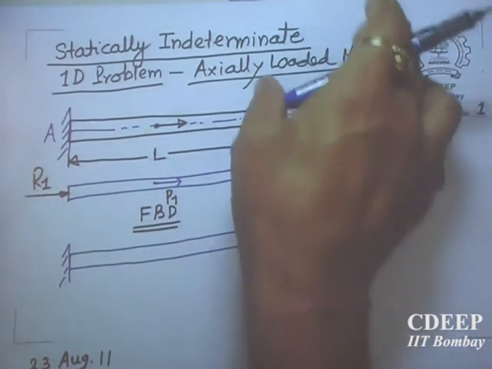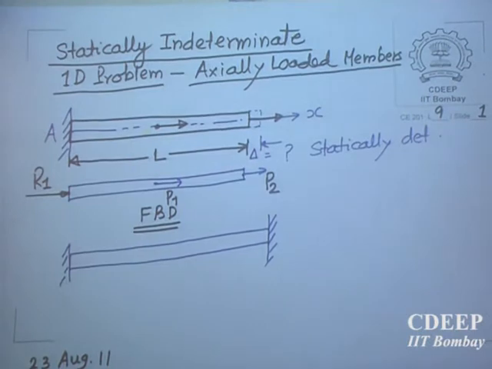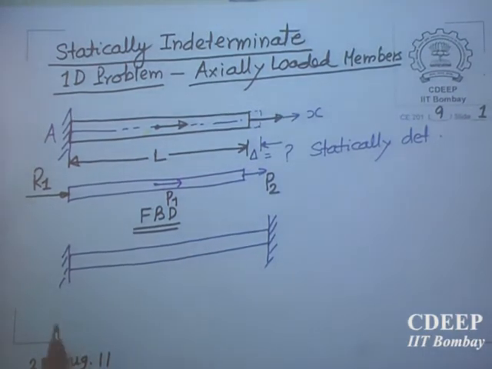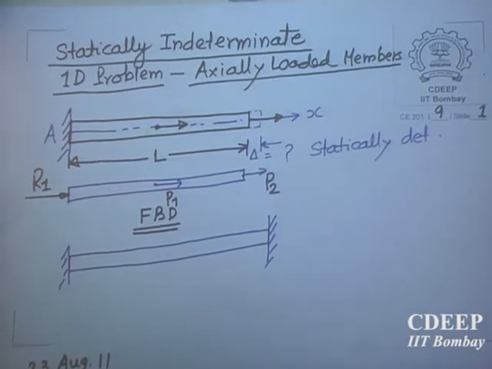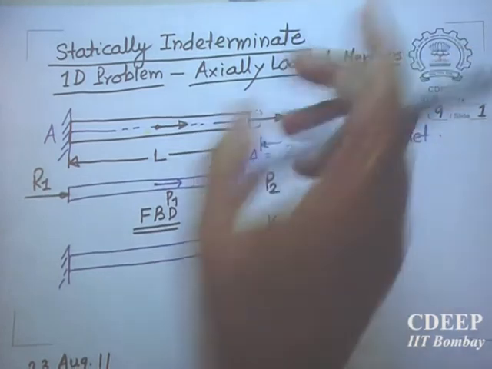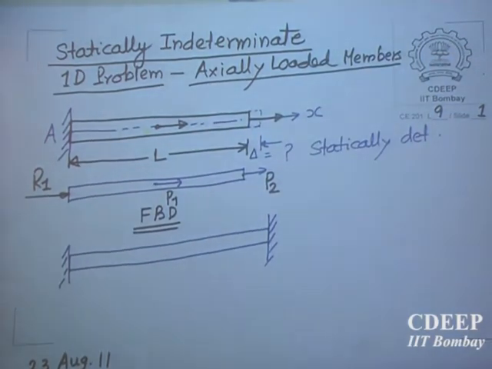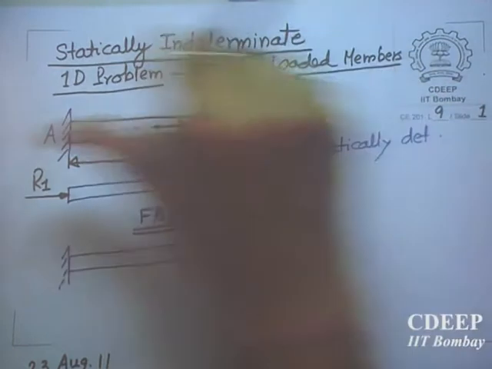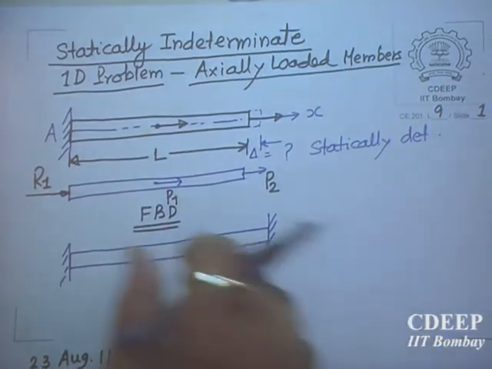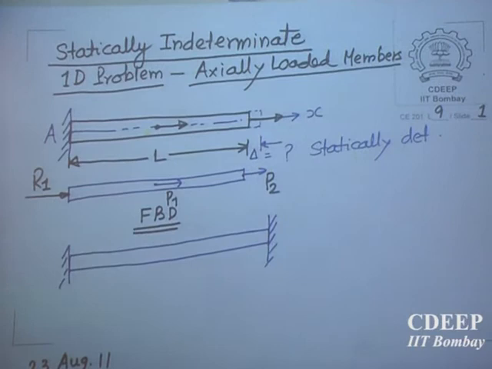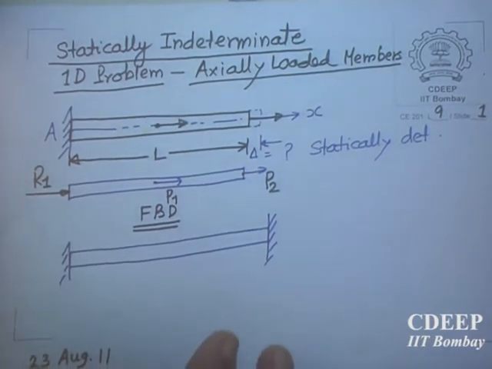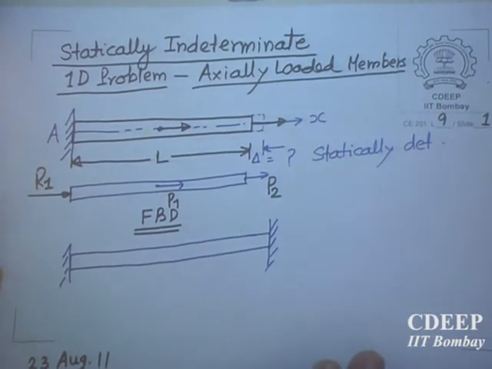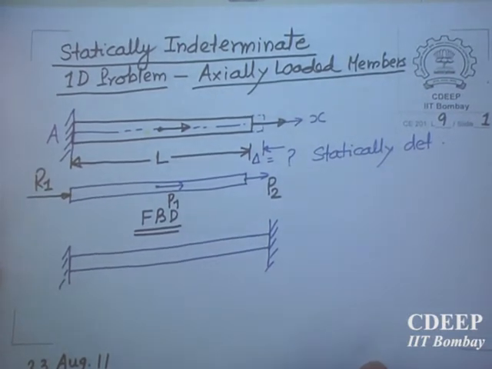Will there be any additional reaction here? No, it has already undergone elongation, so it will not further deform under the action of loads. So it will just be a touching support, without any reaction being felt on that support. So when the loads are not there, I am clamping. This is important. Clamping, etc., is called fixing the boundary condition. Boundary conditions have to be prescribed to the body before application of the load, not afterwards.